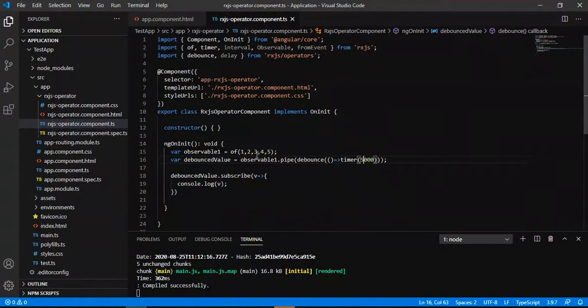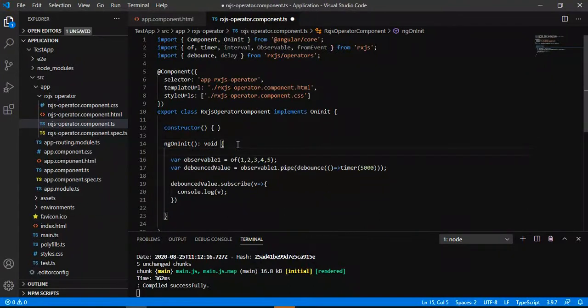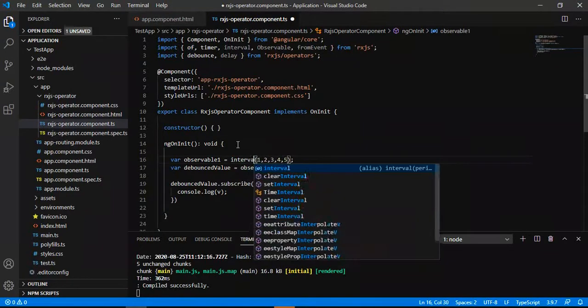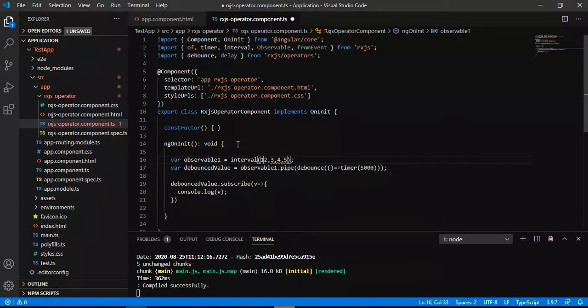So now let me have a different example that will go into details of how we can better utilize this particular debounce operator. Let us say I am applying an interval that will keep on sending me the values after a second.